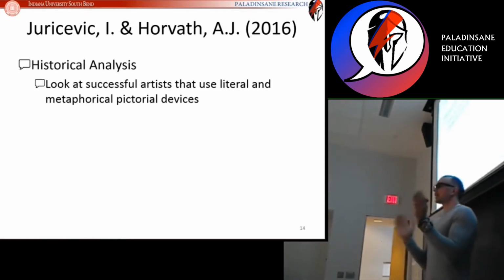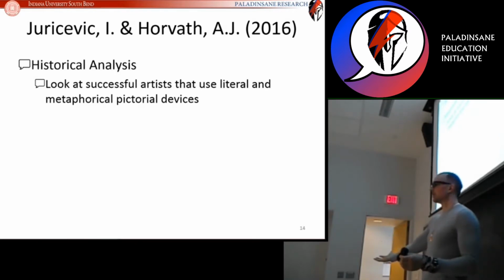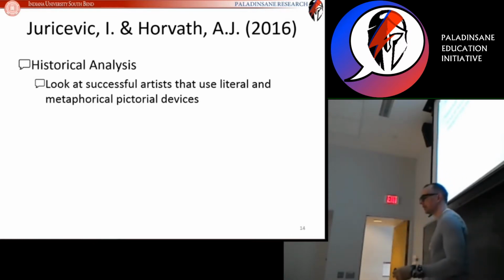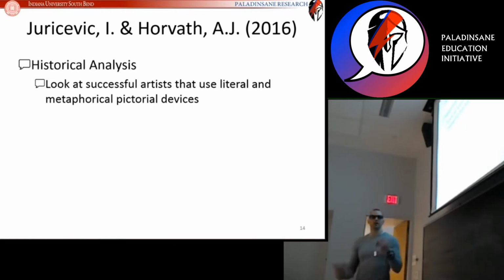We can take a look at current artists and infer our cognitive abilities based on what they draw, because it's like a physical symbol system. They are delineating certain information into a picture, and then that information is being read by interpretation. Both of those have to be there. So we can do that with a historical analysis.